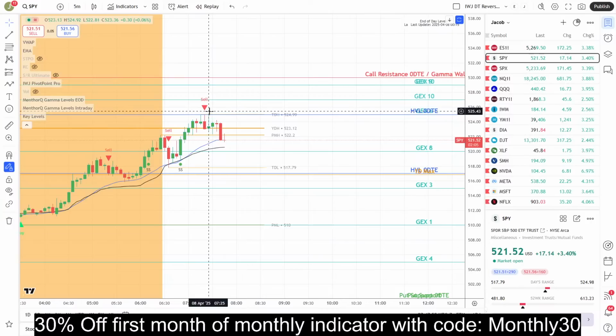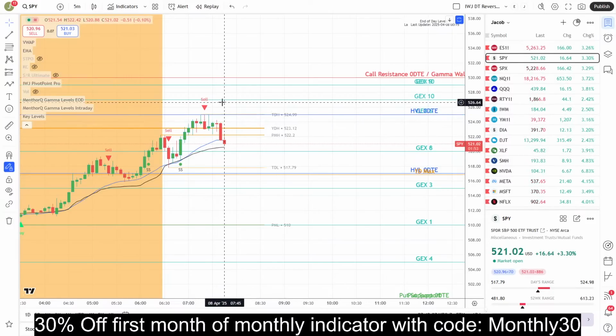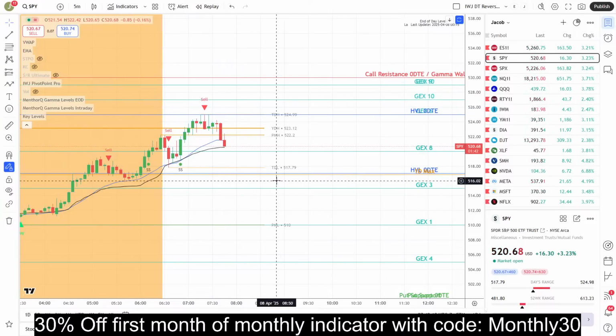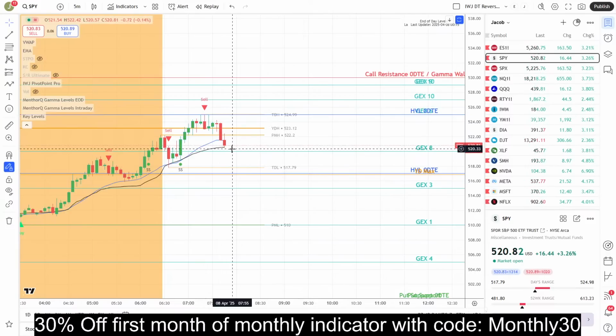We want trades that are going to be quick momentum trades. We don't want a bunch of chop first because of one, we're doing 0 DTE, so you've got a time factor. And two, you don't want a bunch of chop because if you're wrong, then you really get eaten up on price. And we don't want our losses to be big. And I'm okay with missing a move to save on a 30% loss or a 40% loss or a 50% loss, because those are crushers. So even though this move turned out to be in our favor and we didn't have it, I'm okay with that. You can't get emotional about that,